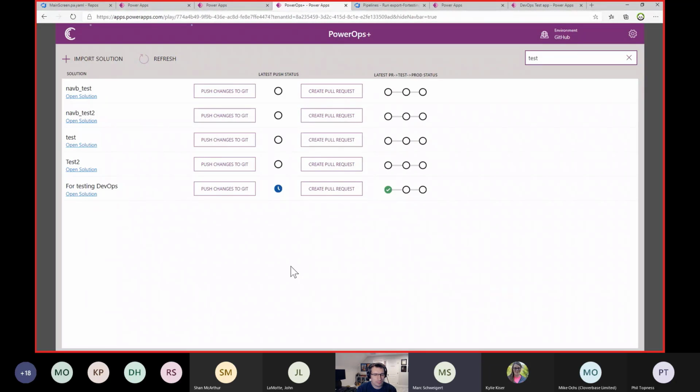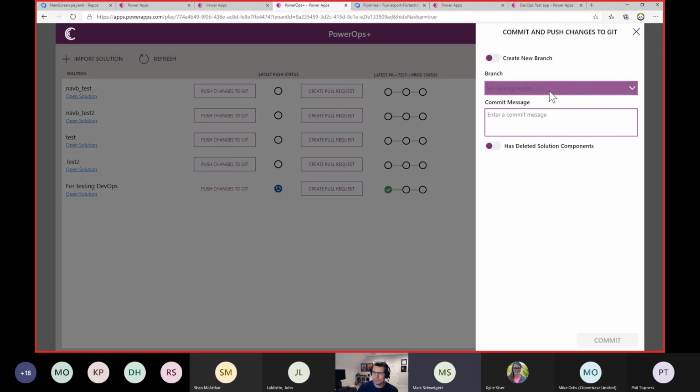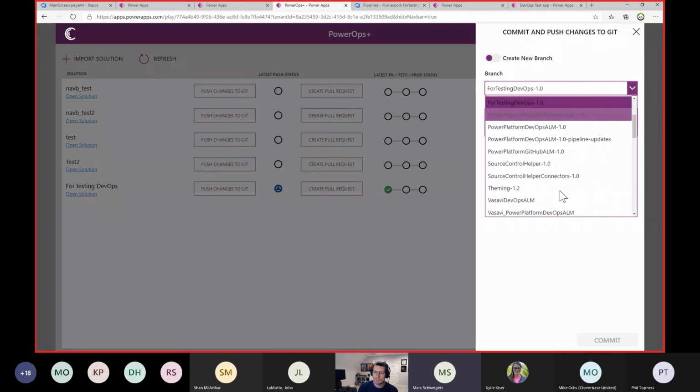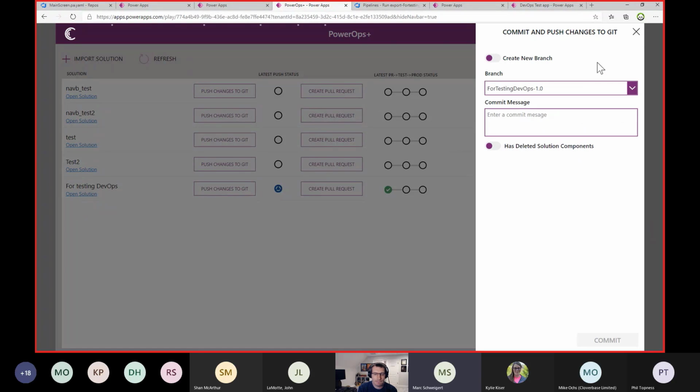And then as I do a little bit of additional work, I might want to push more changes, obviously, once this pipeline finishes. And so I can now push to that working branch. In this case, in the interest of time, I'm going through this fast, but the branch hasn't been created. But in our case, the app is smart enough to know once the branch is created that my initial commit to that working branch, my safe space to put my code associated with my work item, is in a certain branch, so it'll remember that branch. And so from that point on, I can commit often to that branch.